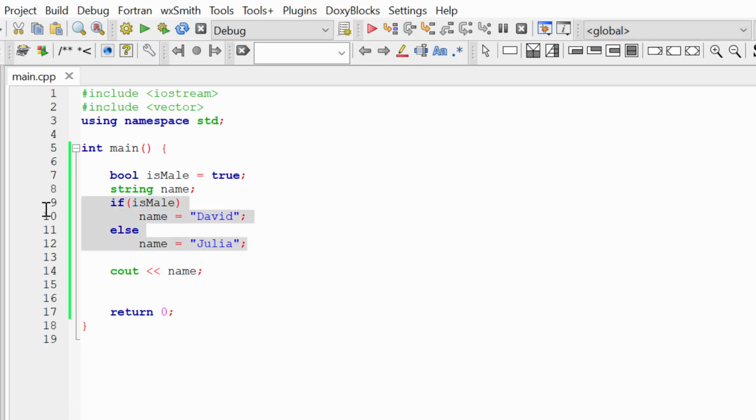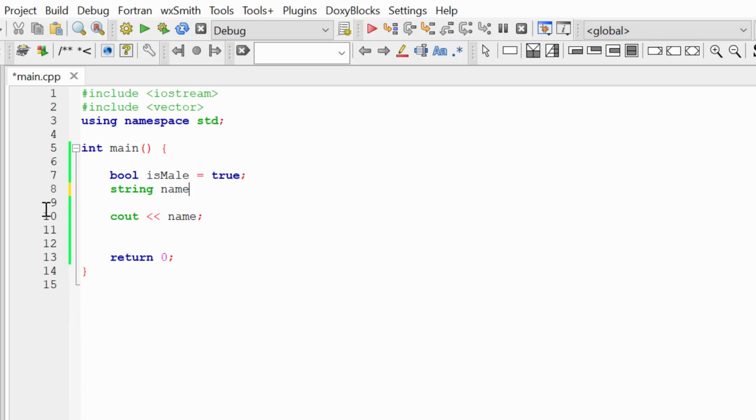I will remove this if else statement, and I'm going to initialize our variable name with the next value. I'm going to check our bool variable isMale. I'm going to write the question mark, and I'm going to write the name David. Now I'm going to write a colon, and I'm going to write the name Julia.